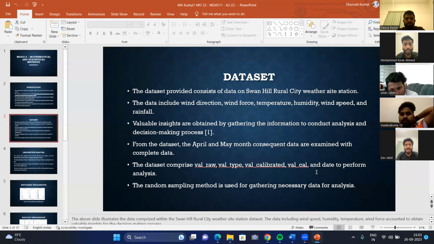From the dataset, the April and May consecutive months are examined with complete data. The data compares value raw, value of different types, value calibrated, value calculated, and date to perform the analysis. The random sampling method is used for gathering necessary data for analysis.